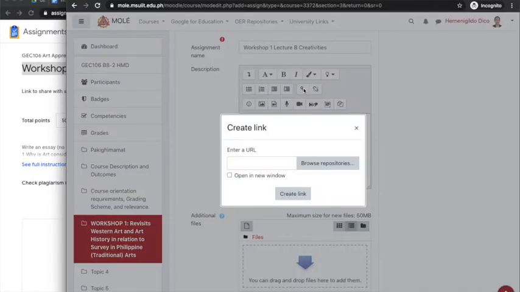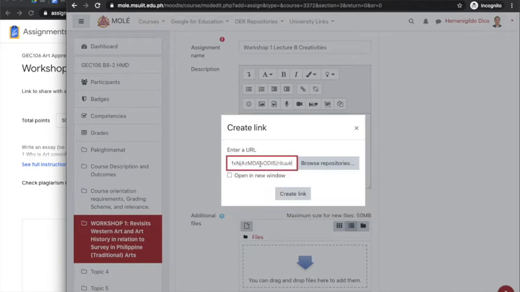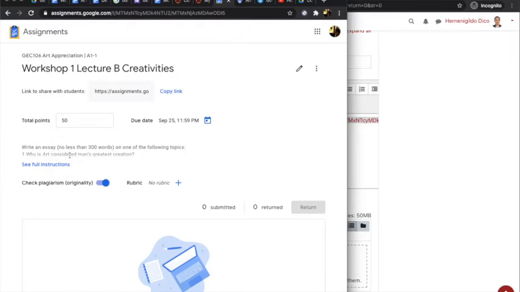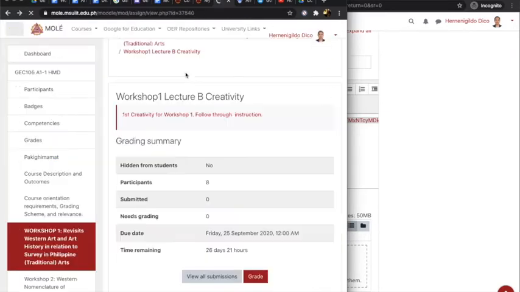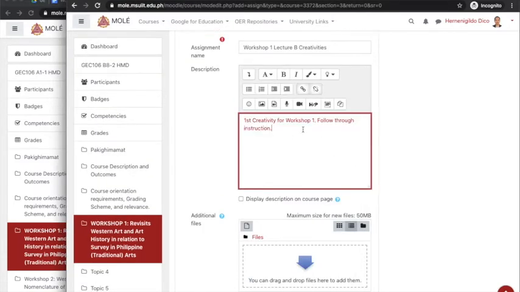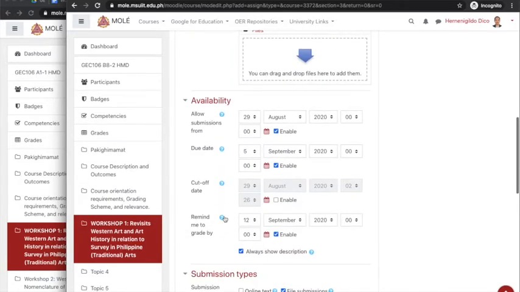And then copy the link and click it in here, create a link, and then what's the, okay, so this is the description. The first creativity for workshop 1, follow through instruction. The instruction is embedded in here already. Okay, and you